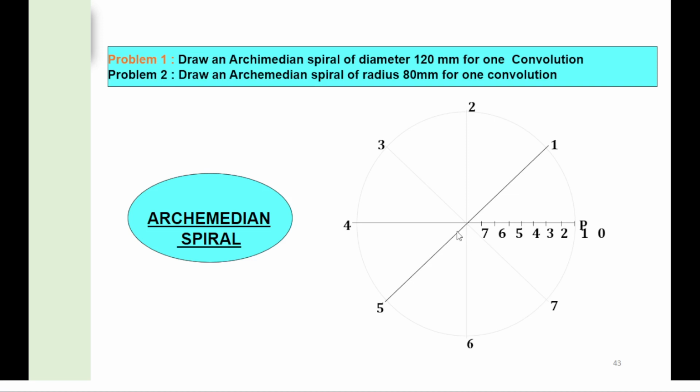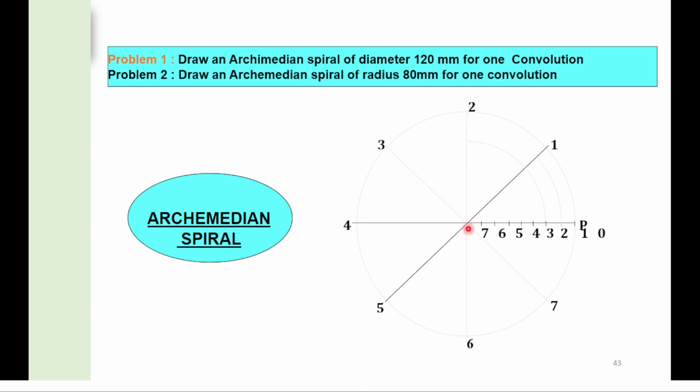Taking this center, with radius equal to the distance to point number 1, we will draw a circular arc till this radius. Then taking this as a center, with radius equal to C to 2, we will draw a circular arc till radius number 2.